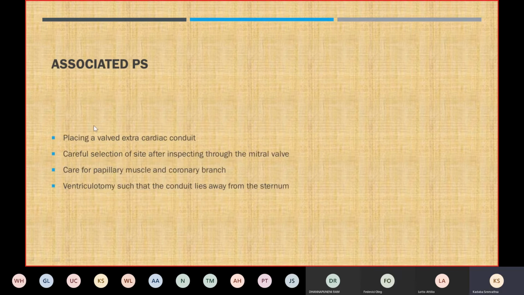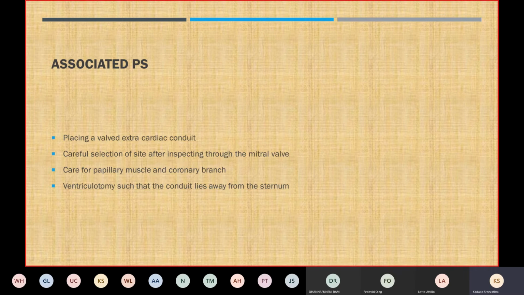Now, if the pulmonary stenosis is significant and we cannot do anything because the valve is quite low on its Z-score, then we can place a valved extracardiac conduit. The choice depends upon the availability of the extracardiac conduit, and we have already discussed the various extracardiac conduits that are available. Now, what has to be taken care of during placement of an extracardiac conduit? We have to be careful about the site where we are going to make the incision,